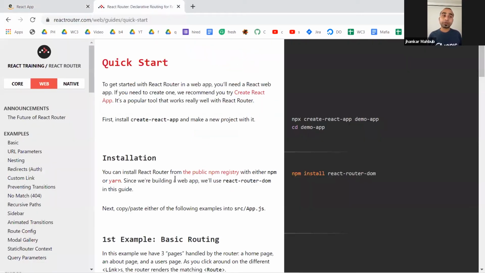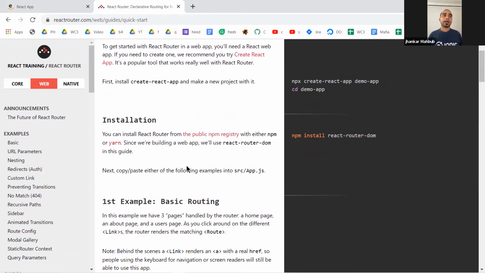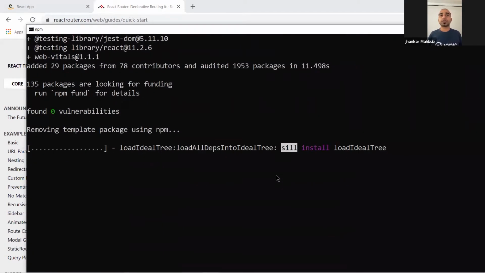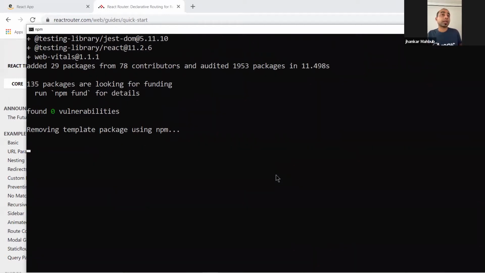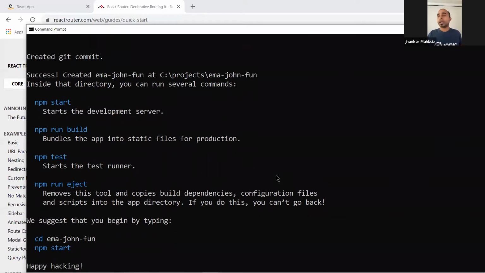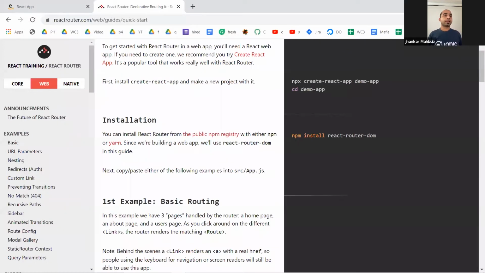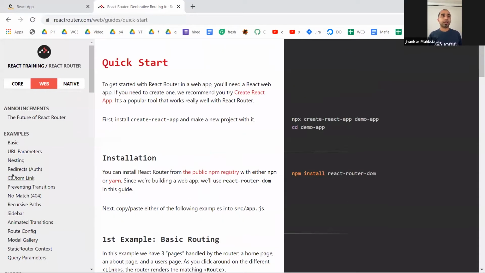And router can do definitely much more fun things. For example, you could protect a path. If the user is not logged in, you would not show anything to this user. And that exact same thing happens for Facebook. If you don't log in, they don't allow you to access anything there. And the same thing with Gmail, it doesn't allow you to do anything if you are not logged in, right? It's kind of like an empty space, like Twitter and everywhere. And that's done through redirect auth, or sometimes it's called private route.